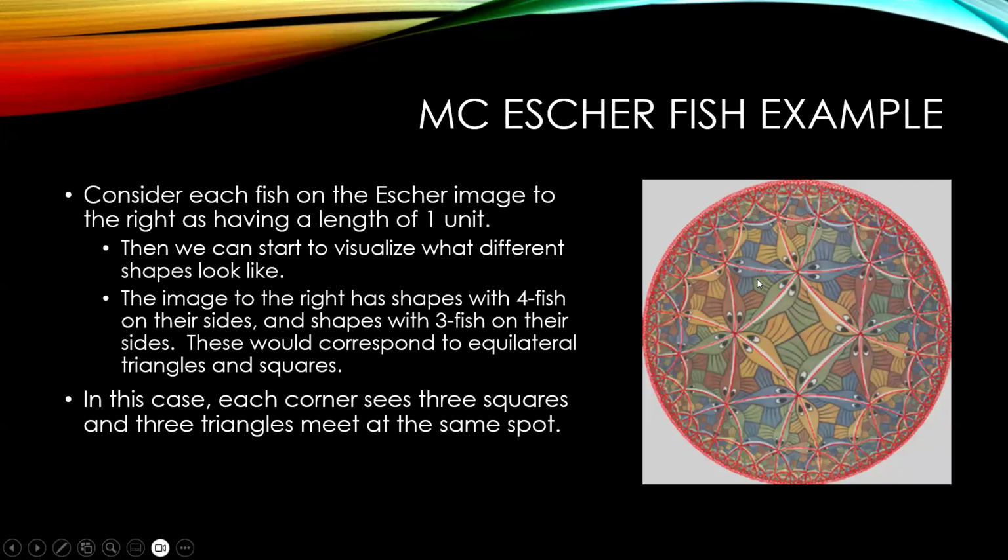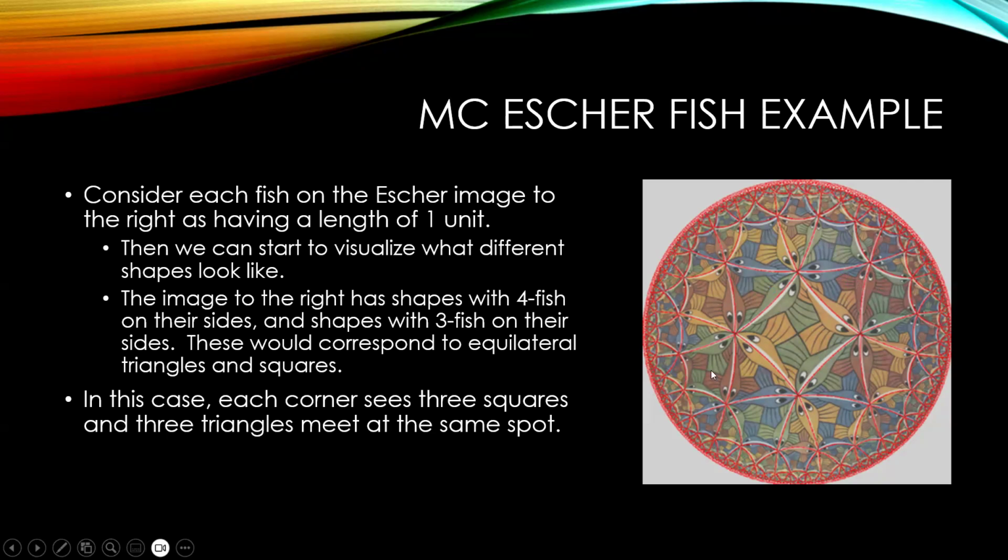This one here has 3 fish of equal length as their sides, and so this would be an equilateral triangle. Going out, we can see that we're going to have a square and a triangle and a square and a triangle and a square and a triangle. Around any one of these points where all of the lines are meeting, we're going to have 3 triangles and